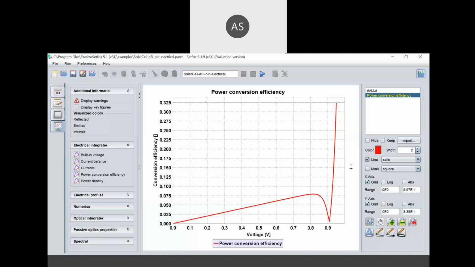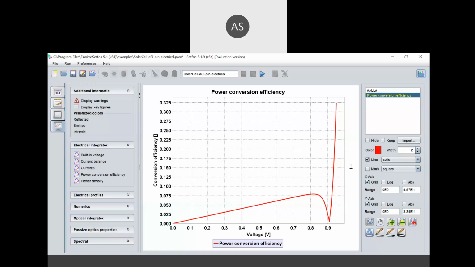This license will be provided to the professors. Your guide will get the evaluation license only. There is no student version. It will be provided once it is official, like when your guide is really interested in the software. It is a commercial software which needs to be purchased. It is not a free software.